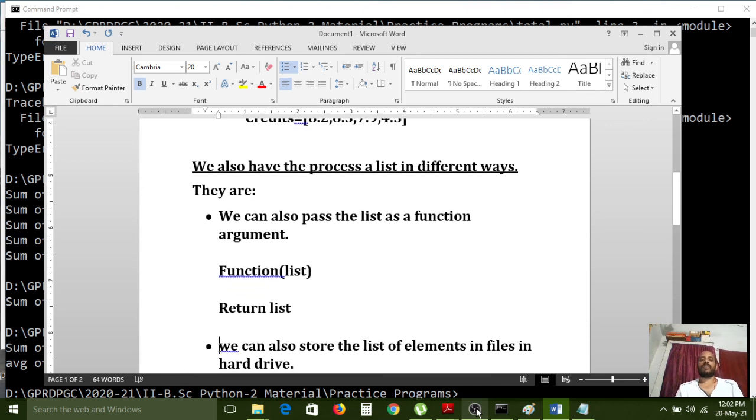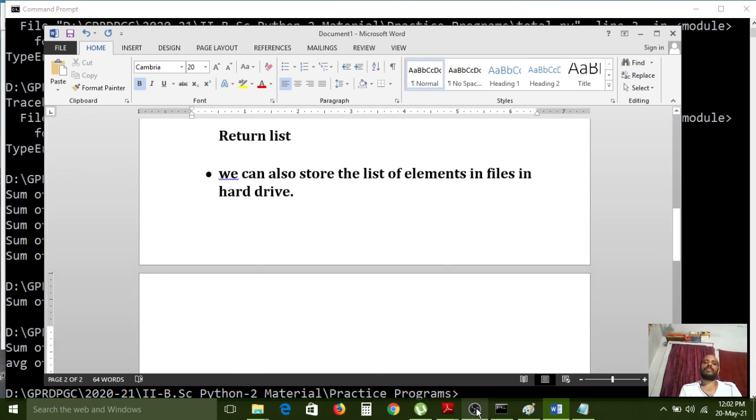And after completing your code, sometimes you need to save the list of items, whatever you collect from the user, permanently in your hard drive. So for that, the files concept also we have to use. So along with files, we can process lists also. Understand? Right.